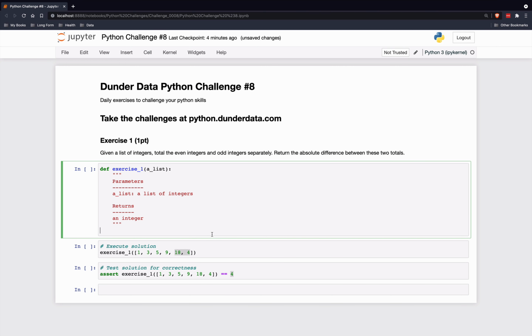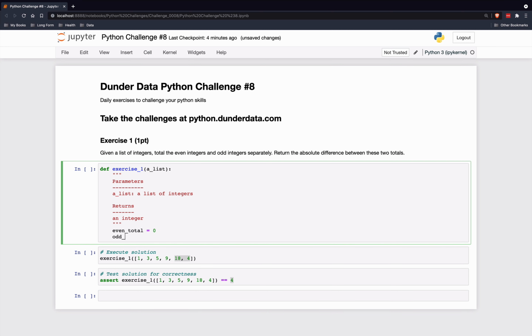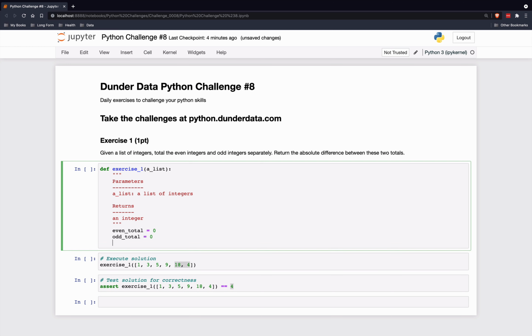All right, so let's get started here. We can have two variables here. We'll create even total and odd total, so that'll be our starting totals. And then we'll just iterate through each number. So we'll say for num in a list, so we're given a single list,